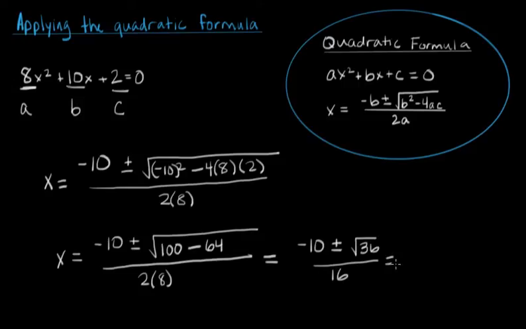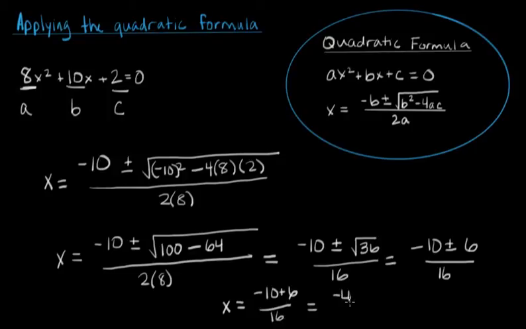Okay, let's simplify one more step. Negative 10 plus or minus the square root of 36, which is 6, all over 16. So now this is the place where it's good to separate this into two distinct answers. One is x equals negative 10 plus 6 over 16, which is negative 4 over 16, which is negative 1/4. The other possibility is that x is negative 10 minus 6 over 16, which is negative 16 over 16, which